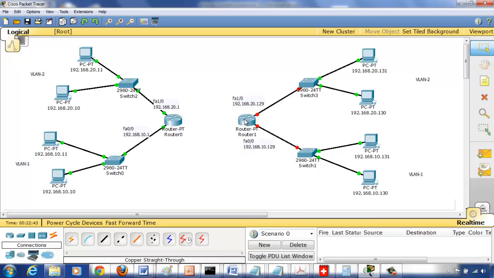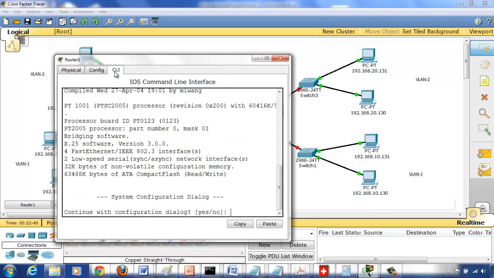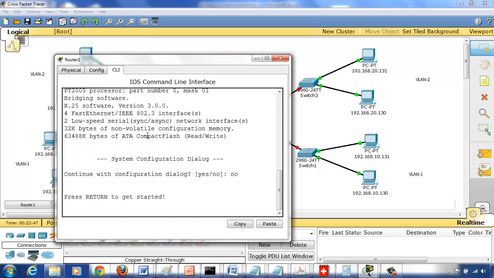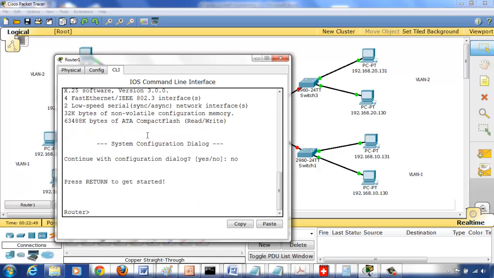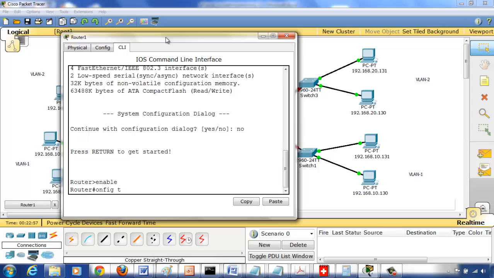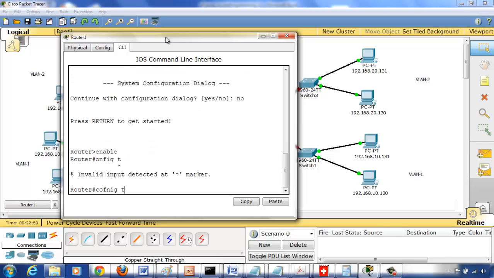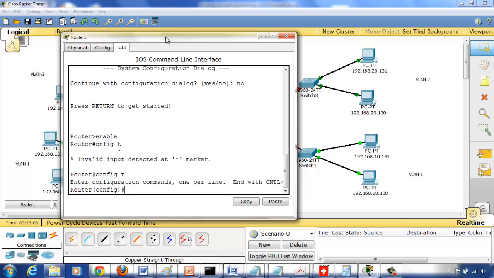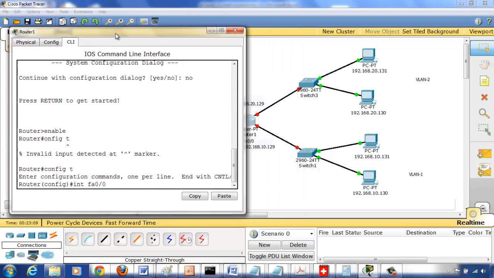So now let's configure this router. Enter, return, enable to get into privileged mode. Then what you're supposed to do, config T, right, then interface FA0/0. So we'll configure now this terminal,